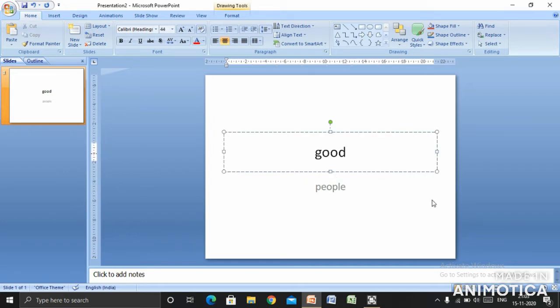So children, the first screen which we have opened here is known as the normal view, and in the normal view only you can see the outline tab over here. This outline tab is there in no other view, and the normal view is the main editing view, where we can make the changes required for our presentation.